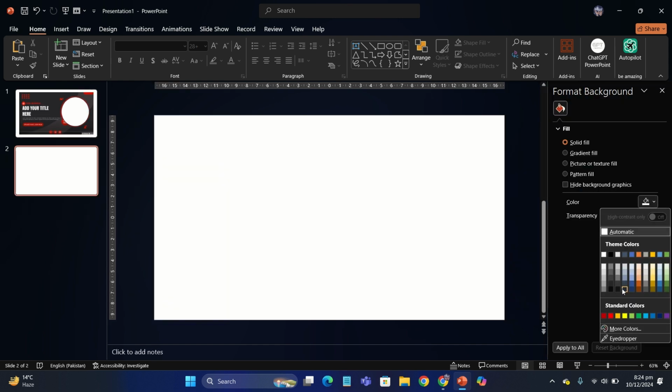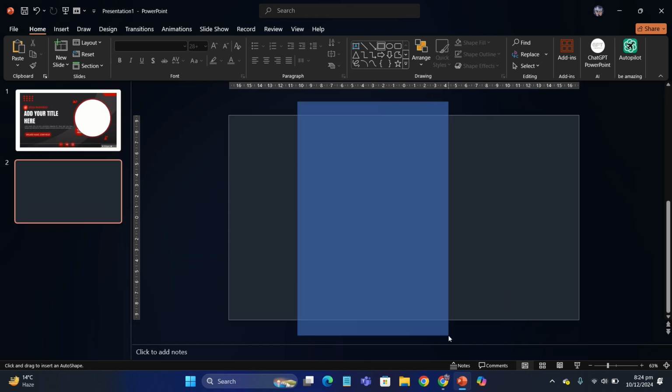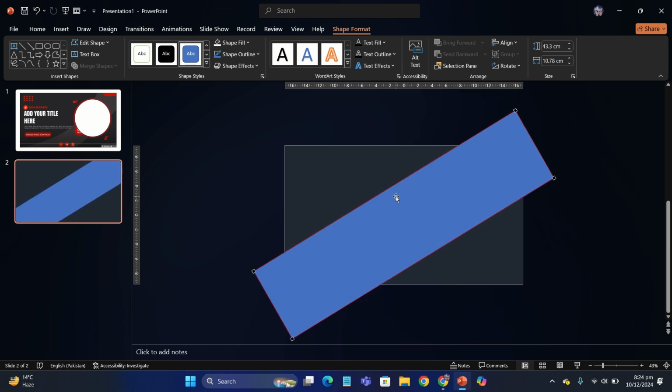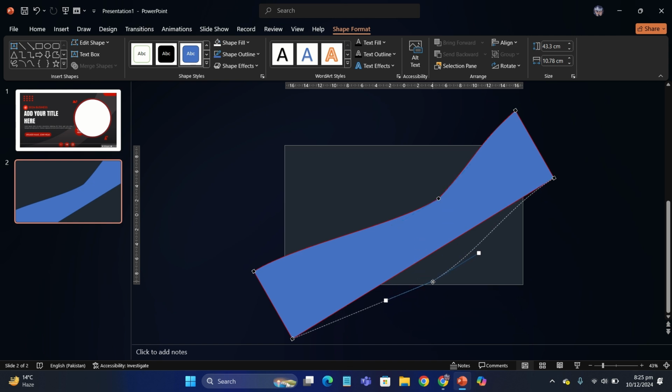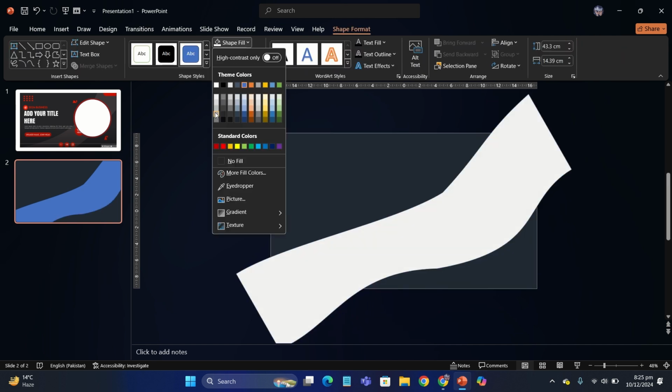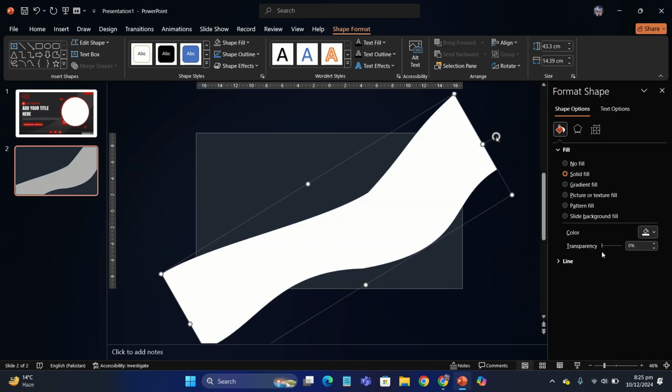So the first thing you have to do is open up a blank slide and choose a dark background. And then you have to insert a rectangle and then rotate it like this. Go to edit points and make it curved like this. Be sure to make a curve, and note like this that it is too much, like it has a corner. You have to make sure that it doesn't have a corner. All you have to do is just make it bending, and then you're gonna change its color to white and